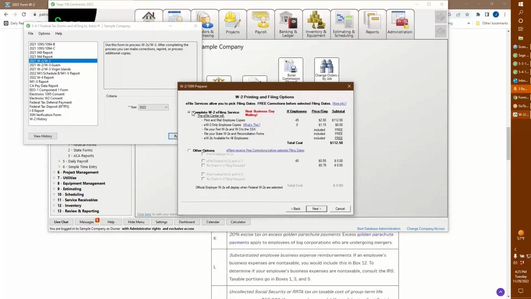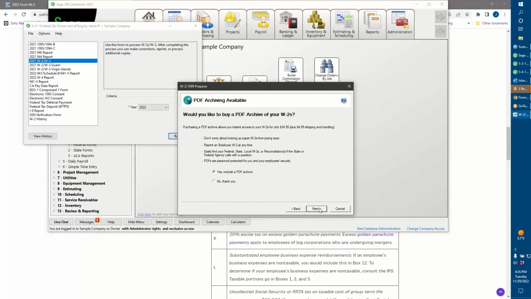Okay, so here we have what it's going to cost you to do all this stuff. And in this case, we have 45 employees in the sample company at $250 a piece, and then the employee only copies, et cetera. You can read that and determine whether or not you want to do it. Okay.